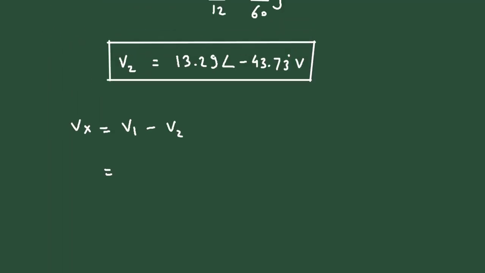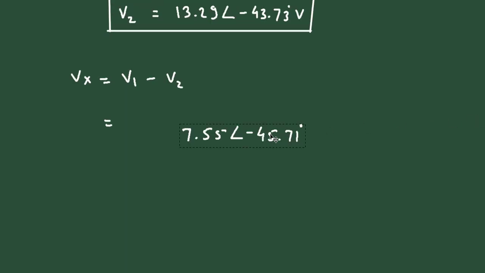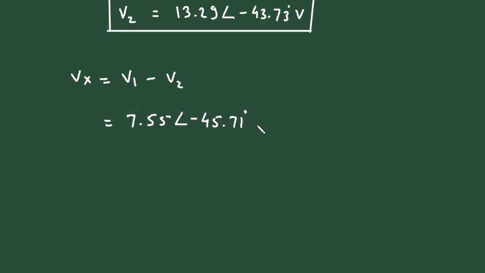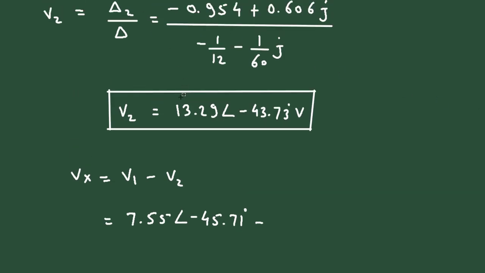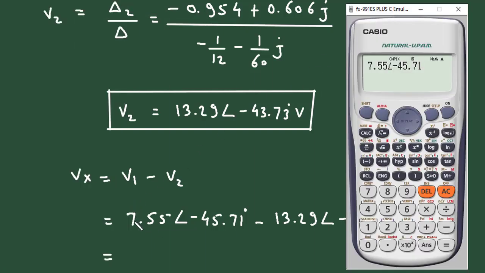V1 value, this is V1 minus V2 value. 7.55 at an angle minus 45.71,